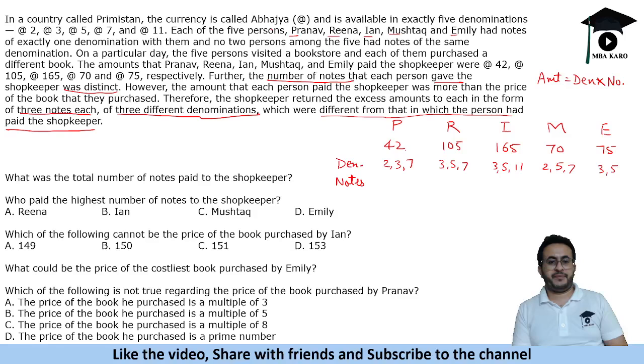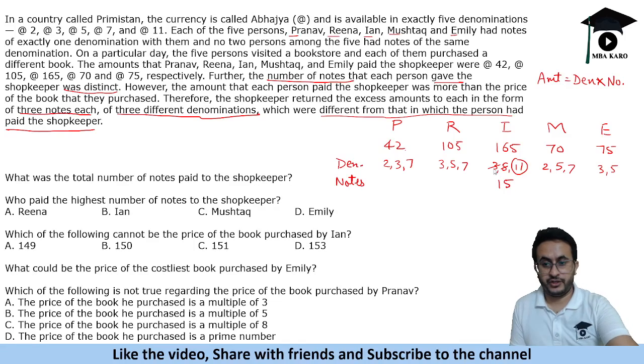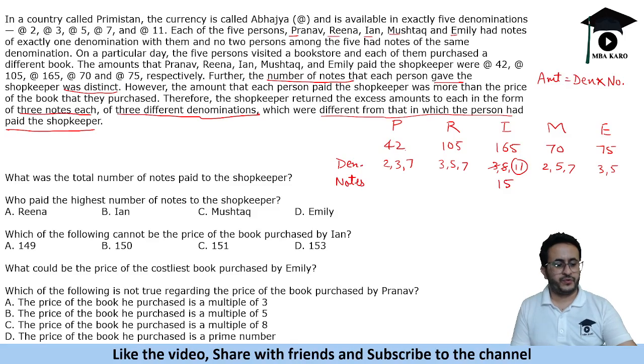So these are the possible denominations a person can have. Now each of them has a separate denomination, so it has to be 2, 3, 5, 7 and 11. Okay, so now if you see, 11 is present only once. That means this person will have 11 for sure. Okay, so if he has 11, he has 15 notes of the denomination 11. So pay attention to this. This is a very beautiful set. And you need to look at this thing carefully, that